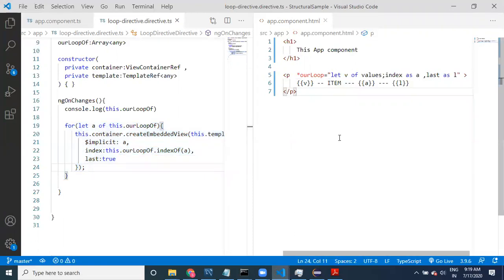This is our example of a structural directive, guys. Before going further,